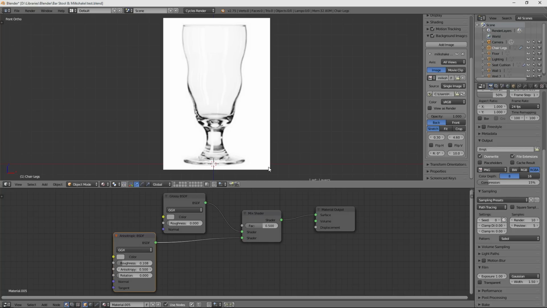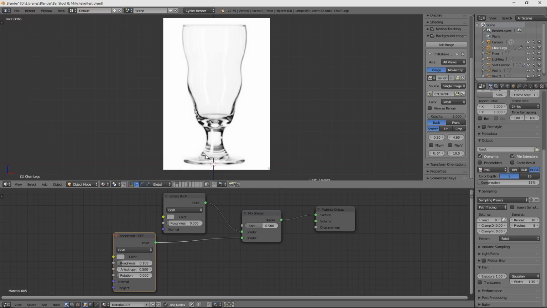Now, the way I'm going to model this, I'm actually going to do two techniques to show you how to model, and both of these techniques are good for what are called radially symmetric objects. What that means is if I can stick a line through it and have it be symmetric on all sides, like a glass or a pipe or a vase, things like that. Even fruit is usually radially symmetric. Things that you can stick a line through and have it symmetric going outward. And that line on this one would be like our z-axis. It would be symmetric along the z-axis no matter how we rotated it.